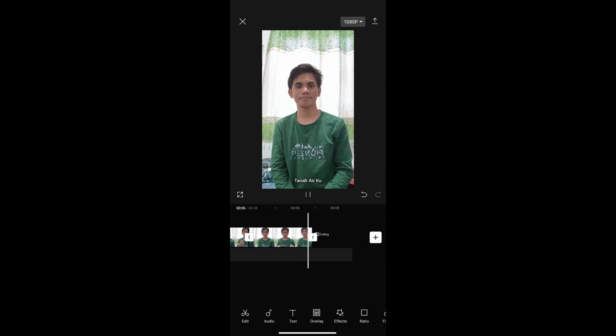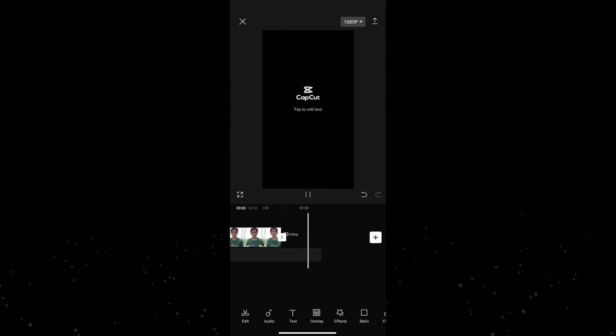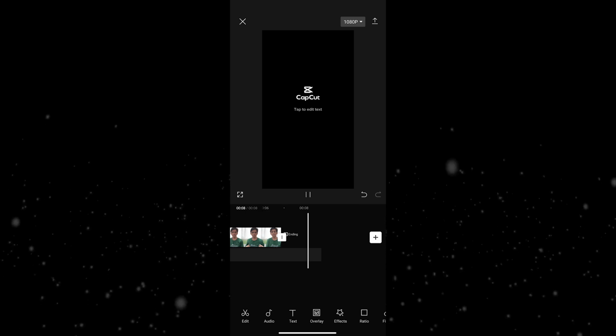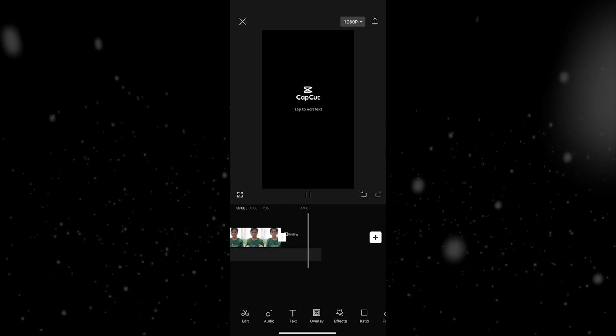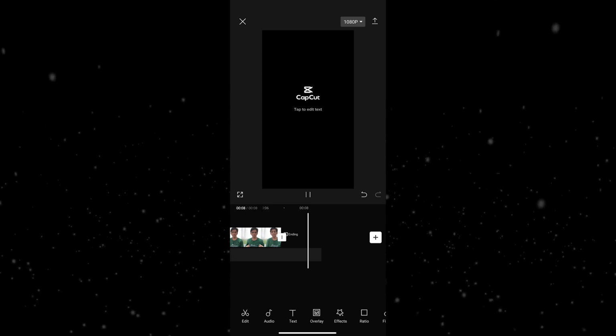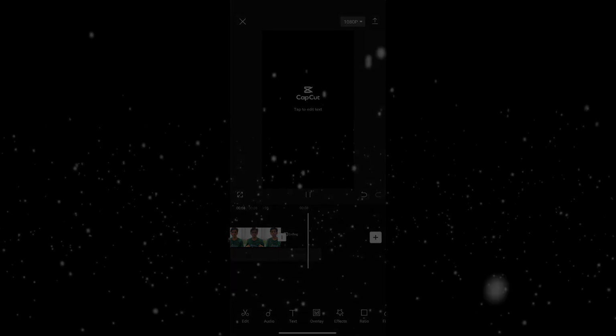Reduce noise, and as you can see, as you can hear, there is a huge difference in how it sounds. That is how you can remove background noise on CapCut, or how you can use the reduce noise feature on